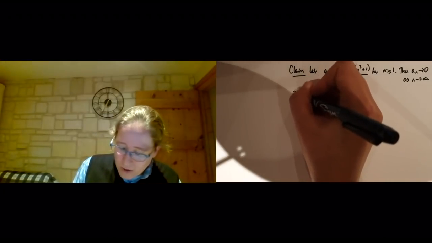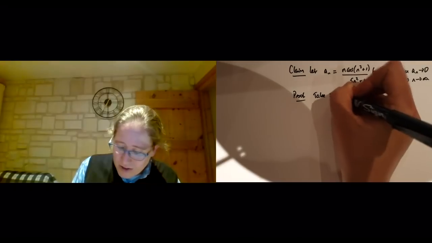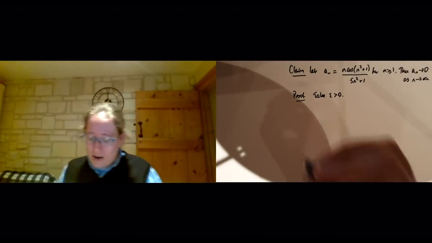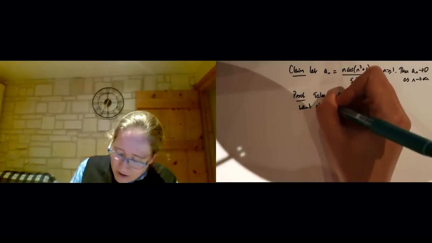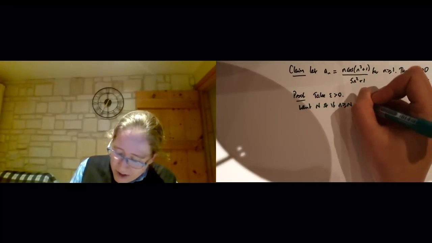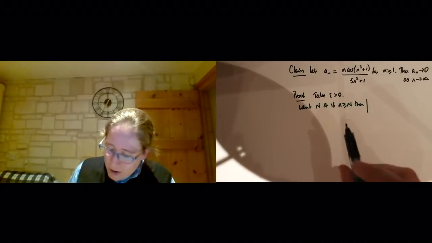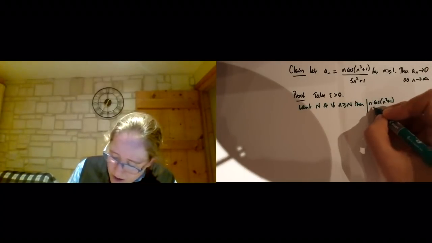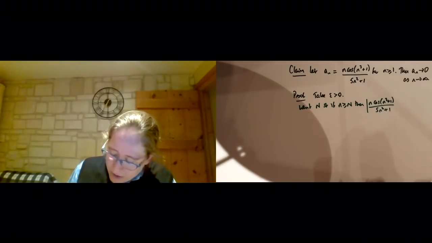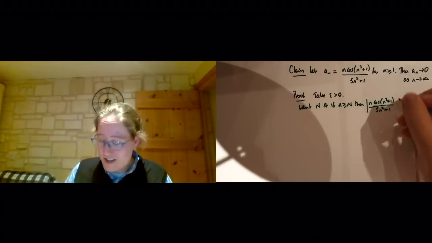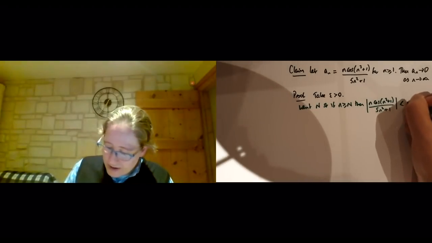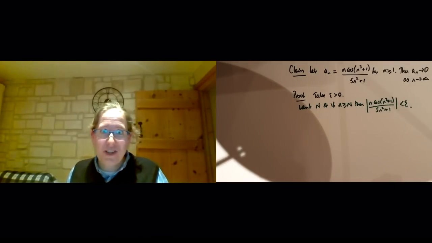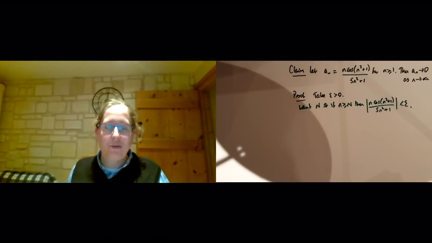So how are we going to prove this? Well, you know the drill. We take epsilon greater than 0, and let me grab another colour and informally think about how we are going to come up with our N. So we want N such that if little n is greater than or equal to capital N, then the absolute value of a_n, which I'm going to write out directly, n cos(n^3 + 1) over 5n^2 + 1, minus 0, is less than epsilon. Yuck.